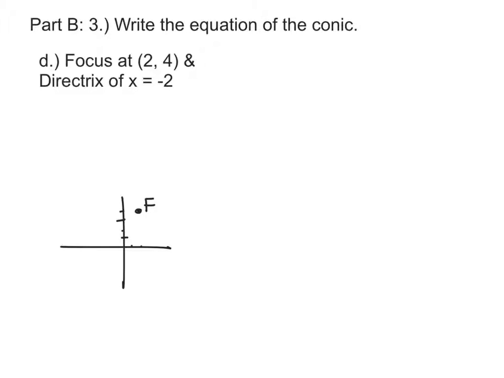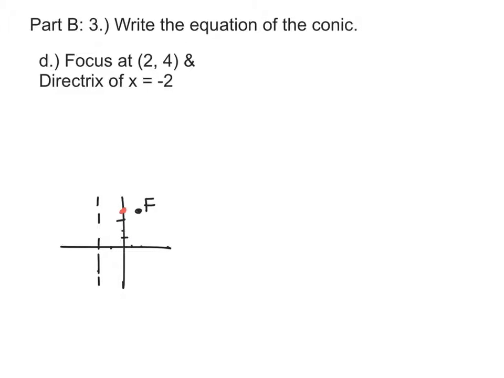And the directrix is at x equals -2, so that's a line that crosses the x-axis at -2. Well, the only conic that has a focus and a directrix is a parabola, so that's what we're looking at. And we need to know where the vertex is. Well, the vertex is going to be halfway in between the focus and the directrix, so that'll obviously be right